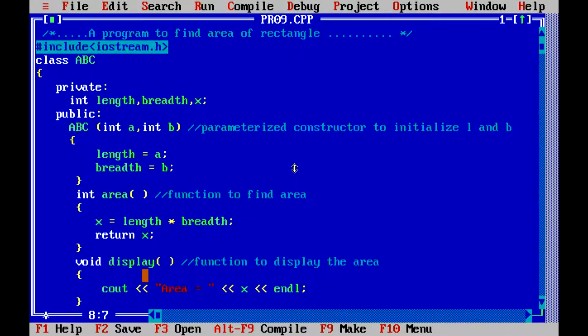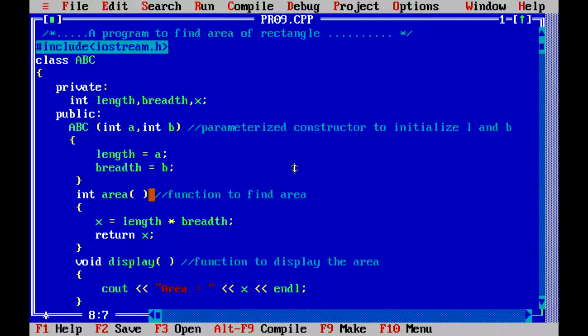Second difference: a normal member function has a return type, while a constructor does not have any return type, so we directly define ABC. This constructor has two parameters, integer a and integer b, so it is called a parameterized constructor. Inside the constructor we initialize length equal to a and breadth equal to b. So when you call this constructor, the first value is assigned to length and the second value to breadth. Here the constructor is closed.